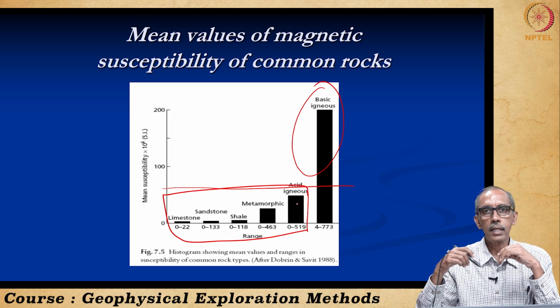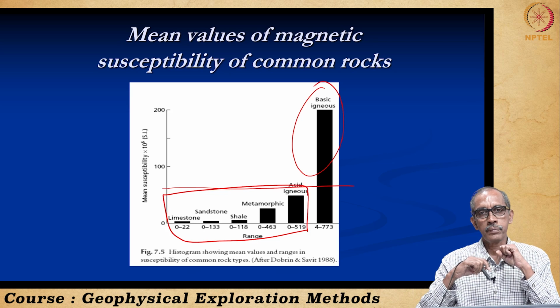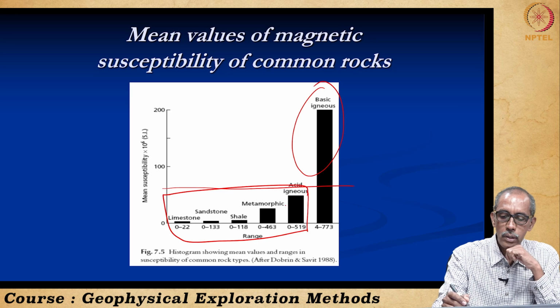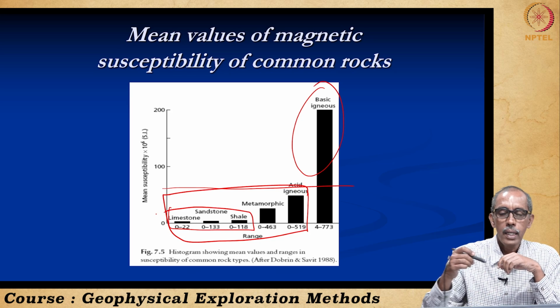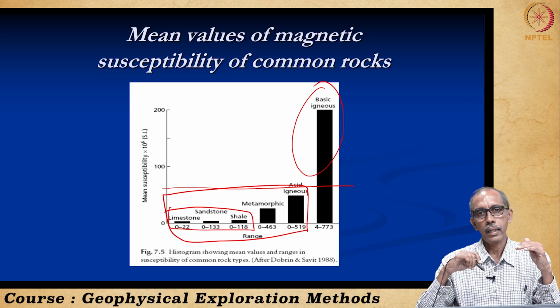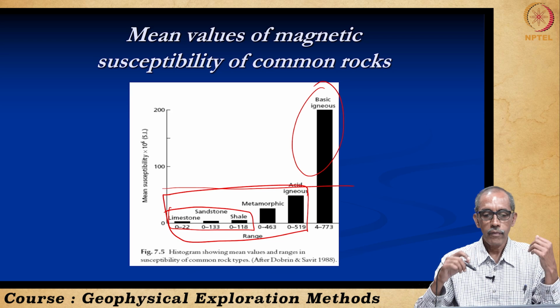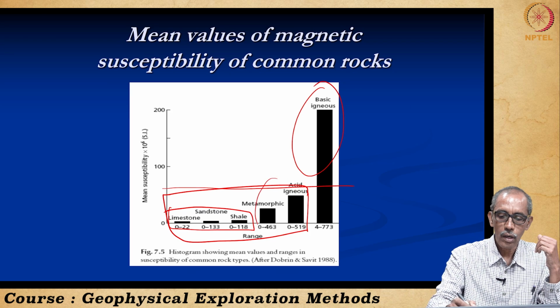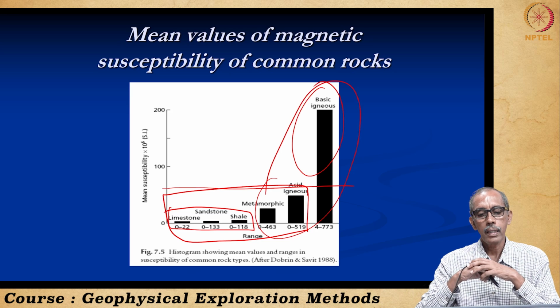These rocks have comparatively lesser magnetic susceptibility. Among the other rocks, as I had just now told you, sedimentary type of rocks, sedimentary rocks are having very low magnetic susceptibility. What does it indicate? These rocks do not have minerals that are magnetically susceptible, whereas igneous and metamorphic rocks are having minerals that are very much susceptible for magnetism.